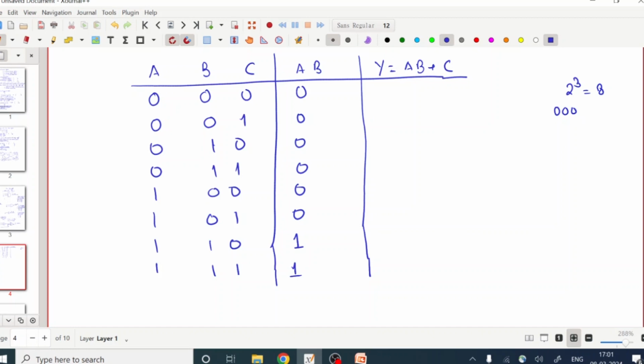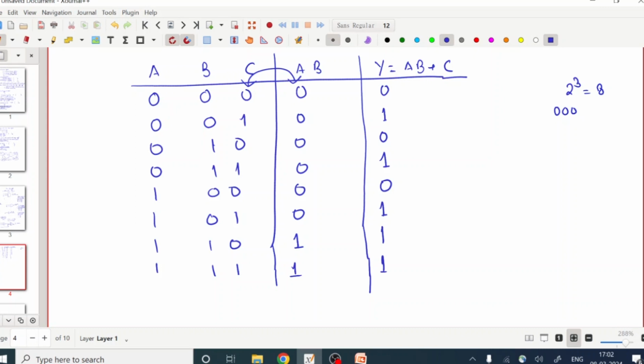What is AB plus C? It means we perform an OR operation between these two values. We know what OR is: when one of the inputs is high, the output is high. When all inputs are low, only then the output is low. So what will be the output? 0 and 0 both are low, so the output is low. 1, 0 is high. 0, 0 again is low. 1, 0 is 1, again 0, 0 is 0, then 1, 0 is 1, then 0, 1 is 1, then 1, 1 is 1.